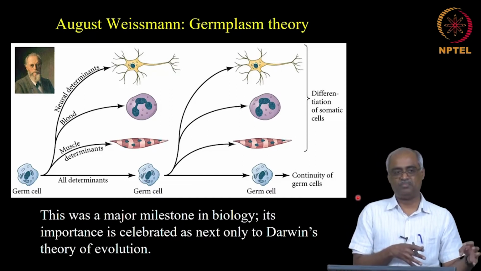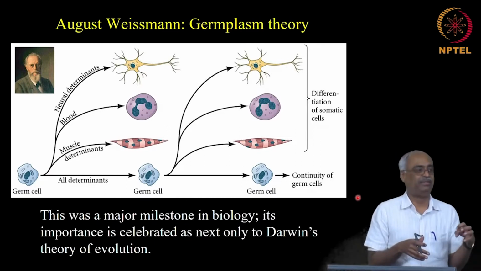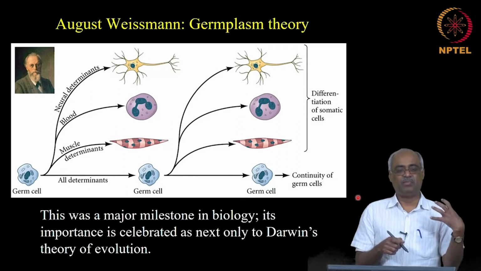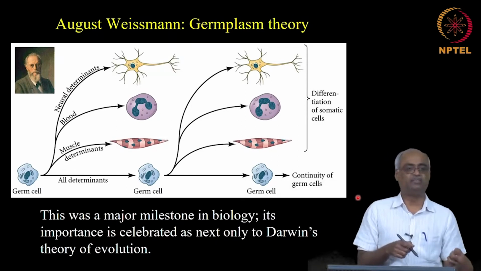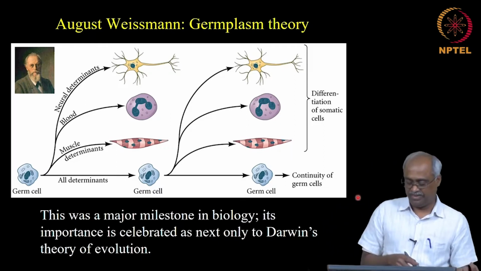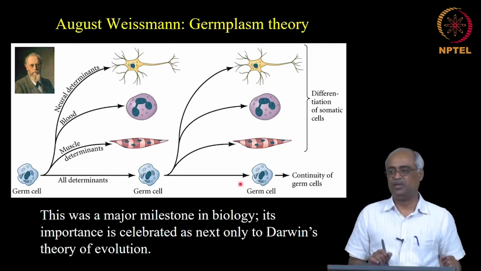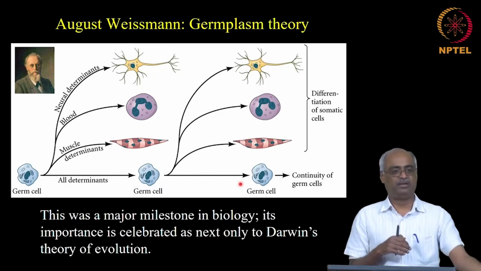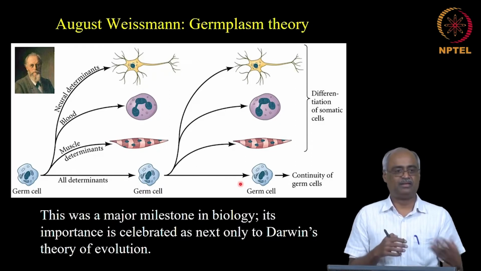The main component of Darwin's theory of evolution is not that he first told evolution happens. The main contribution is finding a mechanism for evolution. The mechanism is natural selection, and for that this was very useful to explain why acquired characters are not going to be passed on directly to the next generation.